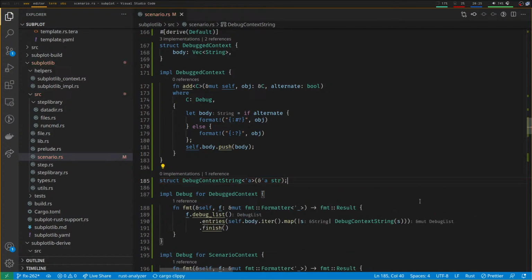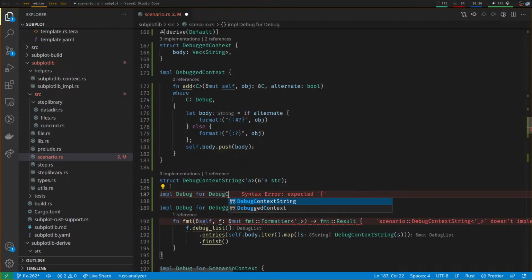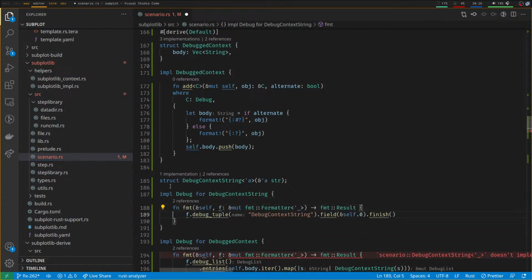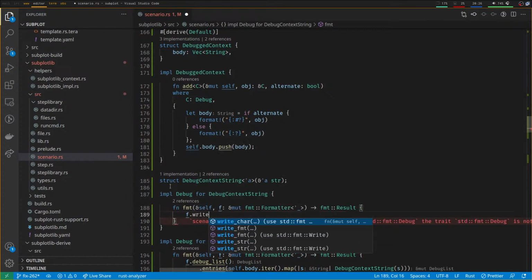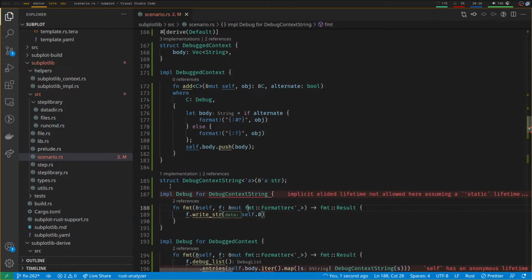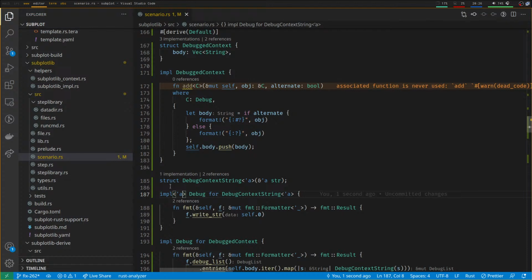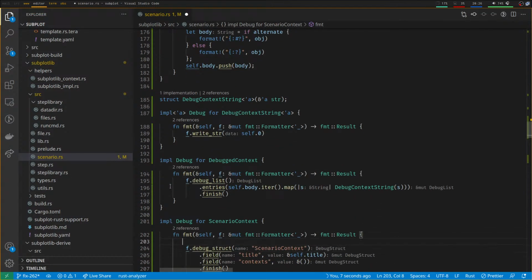It doesn't implement Debug, which is correct. impl Debug for DebugContextString, f.write_str(self.0). impl<'_> for that. No, impl<'a> for that. We're getting somewhere. We now have that,